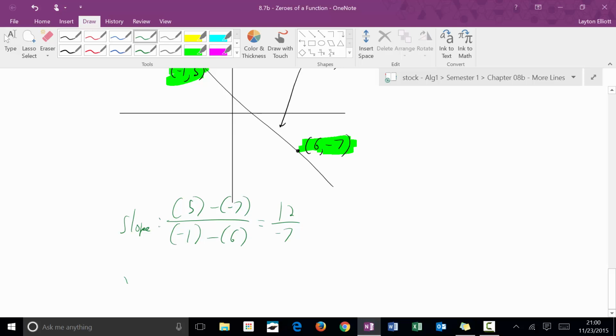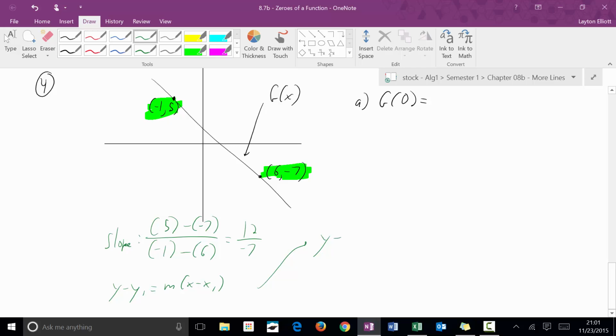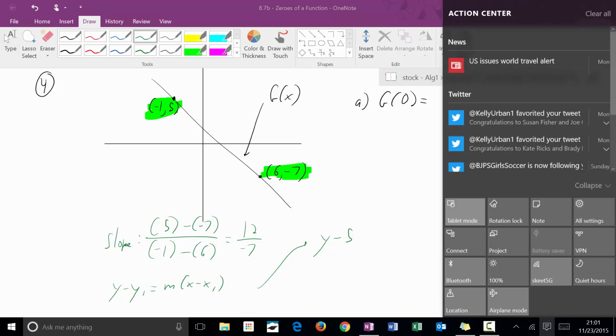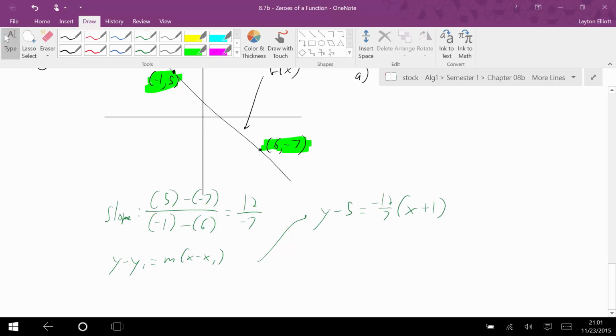Then I'm going to do the point slope form. So y minus y1 equals slope times x minus x1. And if I write that over here so I can keep this all on the same screen, I'm going to go y minus, let's use y minus 5. Let's turn this back into tablet mode. y minus 5 is going to be equal to -12/7 times x minus a -1. So if I do y minus 5 is equal to -12/7 x minus 12/7,